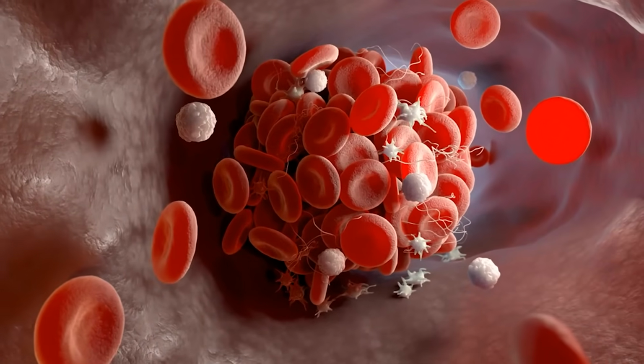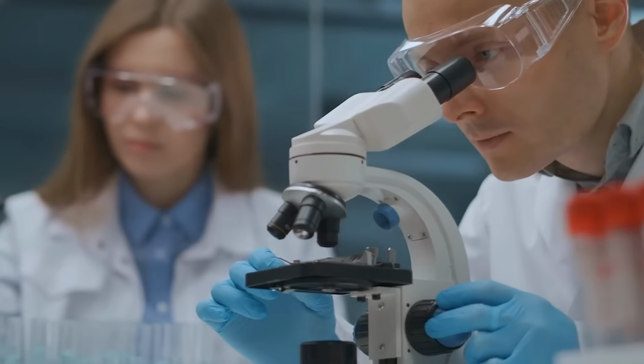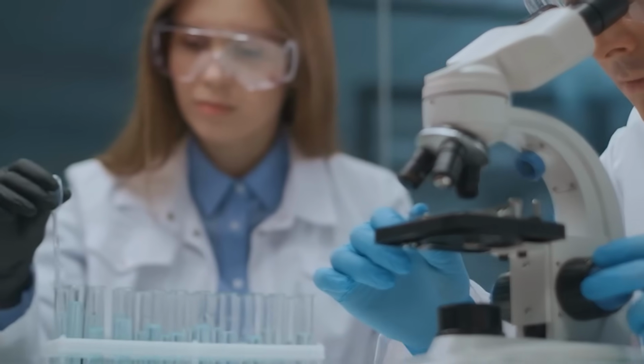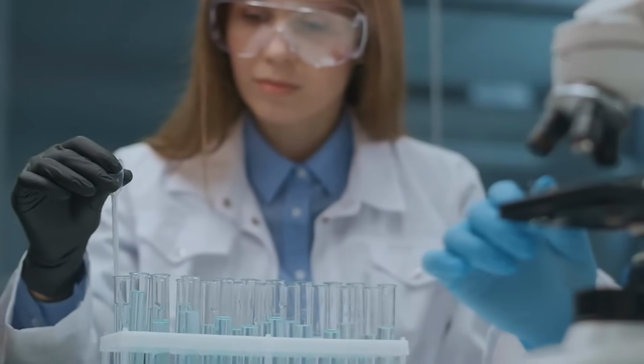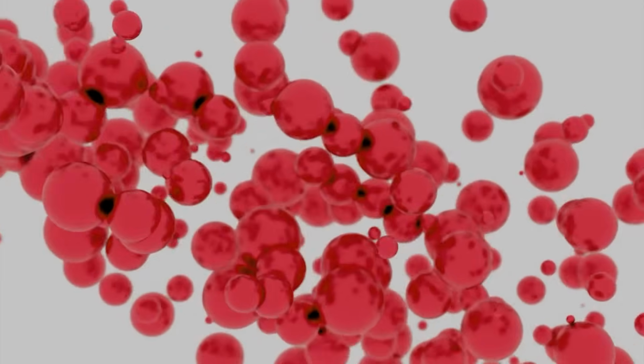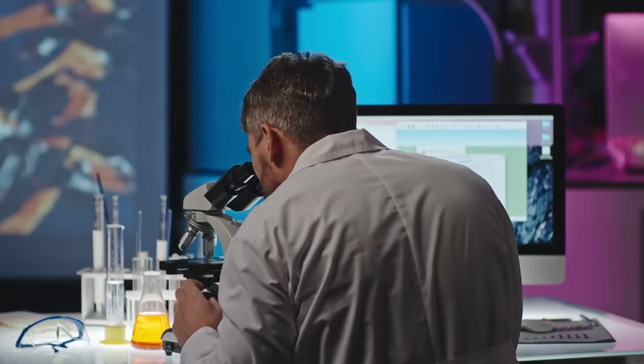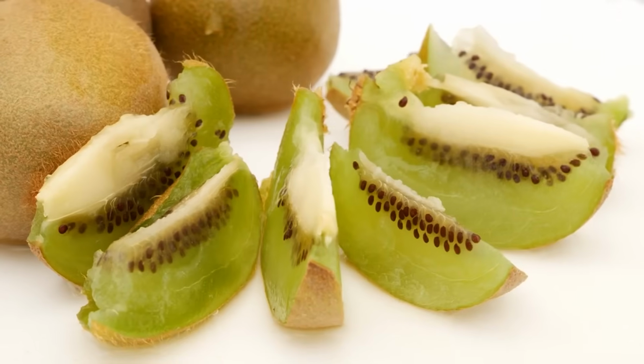Actinidin works on the fibrin network of a clot by cutting strands into smaller pieces. In lab tests, kiwi extract reduced platelet aggregation in response to common triggers such as ADP and collagen. This makes platelets less likely to form the initial plug that starts a clot. In separate studies, actinidin helped degrade existing clots over several hours in test tube conditions, suggesting it can assist the